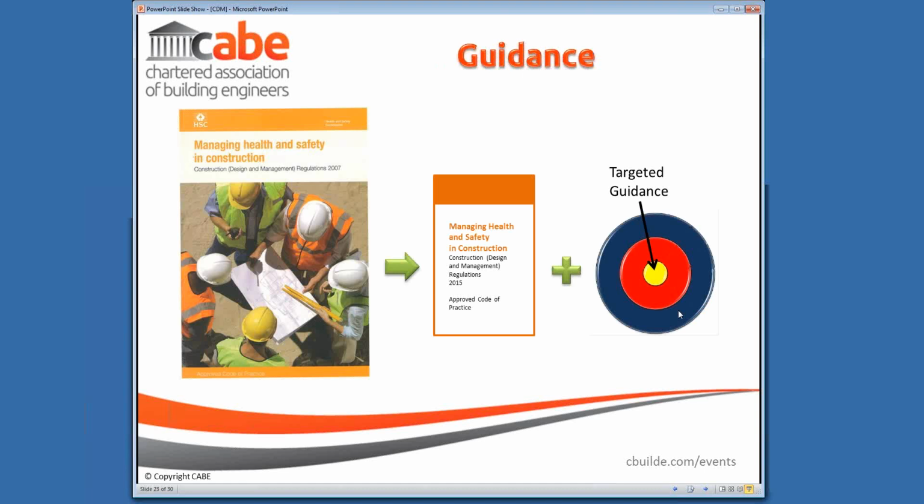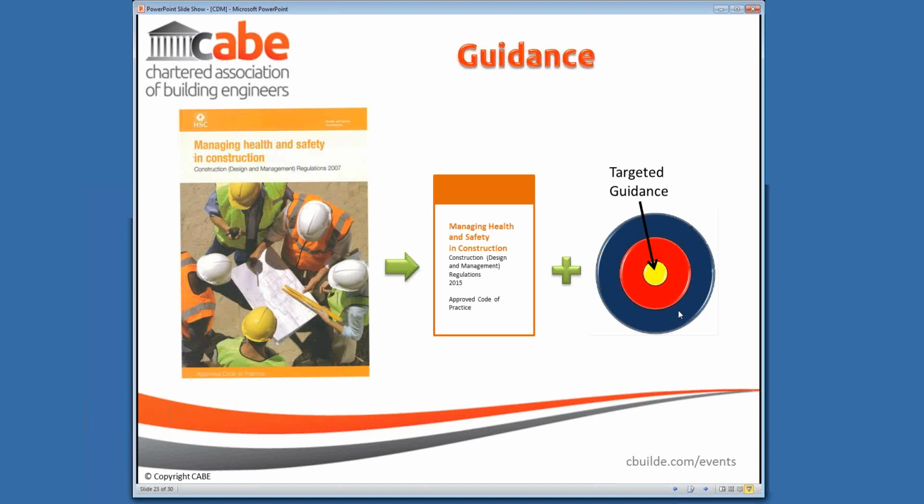I am absolutely sure parts of the industry will still use some of that as a guide, but its legal status will have changed. Because there was no real immediate intention at the consultation phase to provide a new code of practice, although they are now working on this smaller signposting guidance, that won't be ready when the new regulations come in, and it will be some months after that that the actual code of practice will come in. That being said, the industry is already ahead of the game on some of the targeted guidance, and it is hoped that that will be available in April when the regulations change.